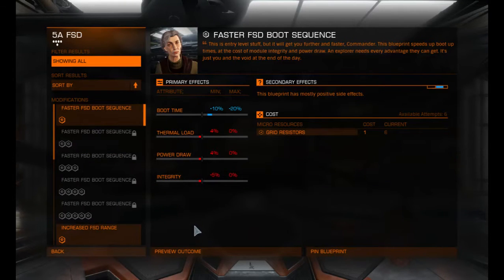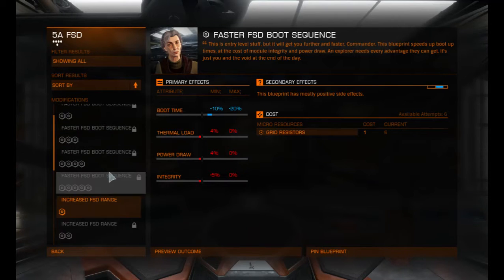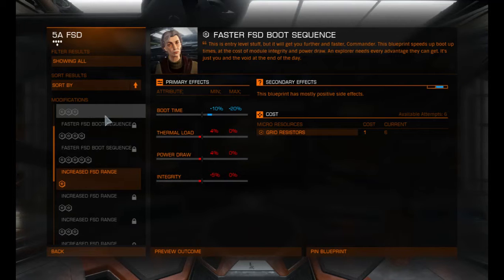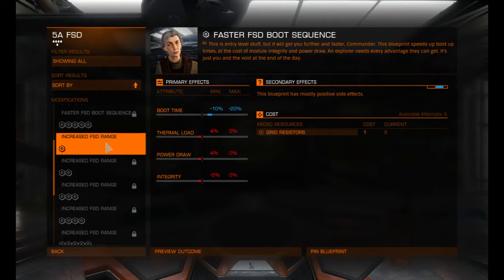So we're on a 5A here. This is what we've got. So we've got boot time, thermal load, power draw and integrity, and is it increased FSD range, faster FSD boot sequence, shielded FSD. That's nice. So we're going to increase the range. Okay, so